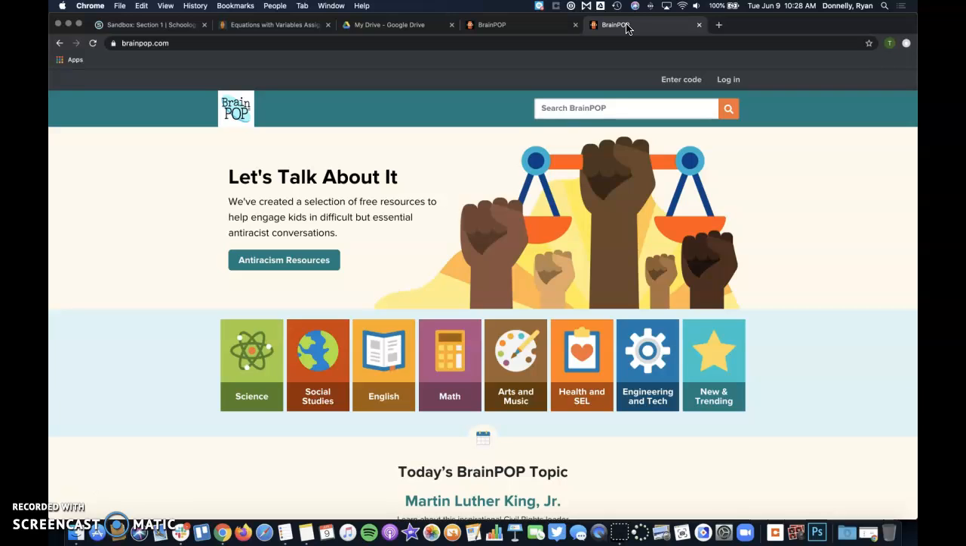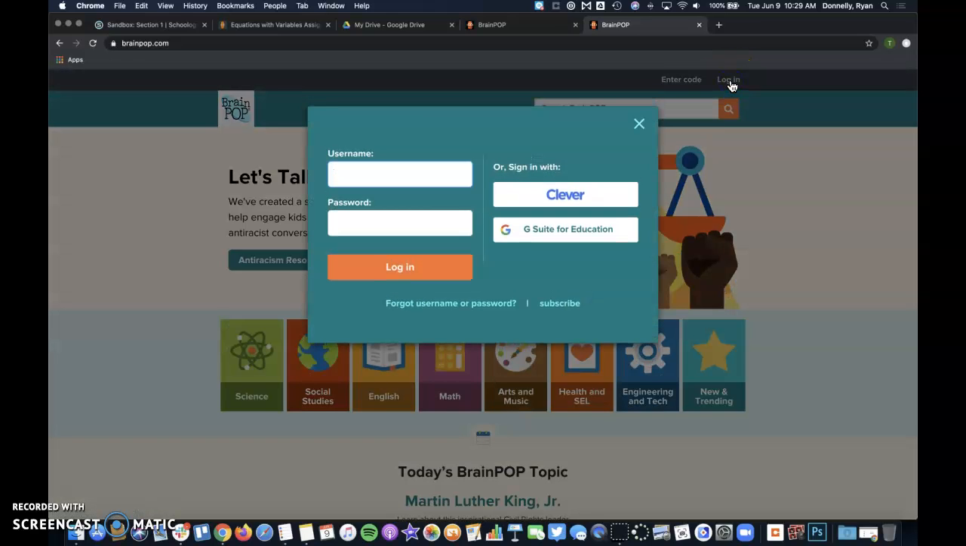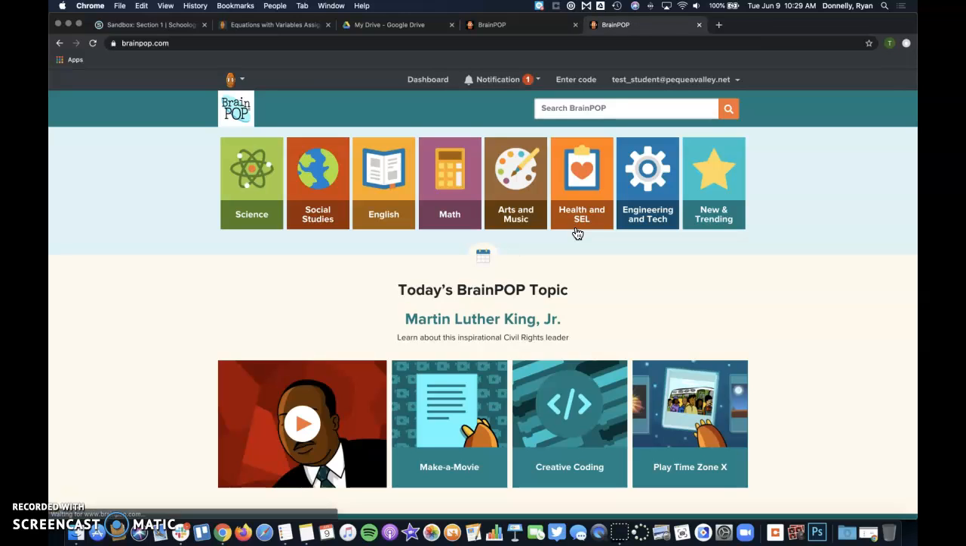If you're using the BrainPop app, you should only have to log in one time. Similarly, on your browser, once you're logged in, as long as you do not log out, you should stay logged in. So just like the other two methods, we'll log in, hit G Suite for Education, use our pequayvalley.net learner